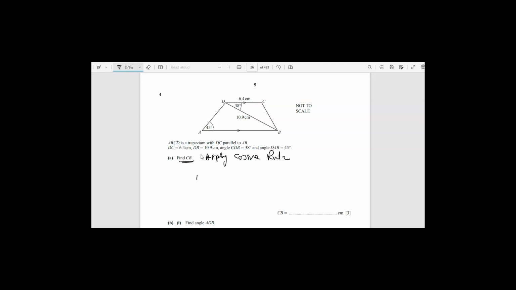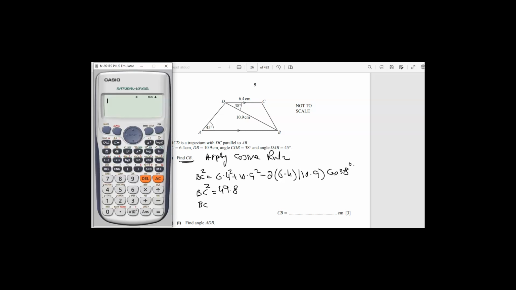When you apply the cosine rule, BC squared equals 6.4 squared plus 10.9 squared minus 2 times 6.4 times 10.9 times the cosine of the angle, that is 38 degrees. So just simplify all this and use your calculator. The end answer will be 49.8, I guess, and then when you take the square root,